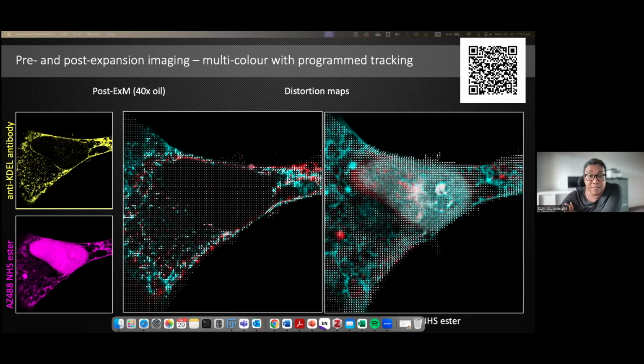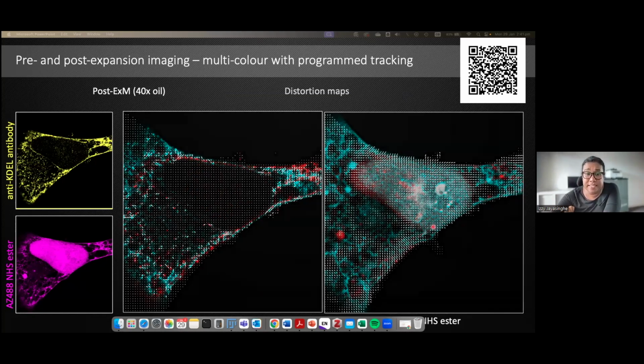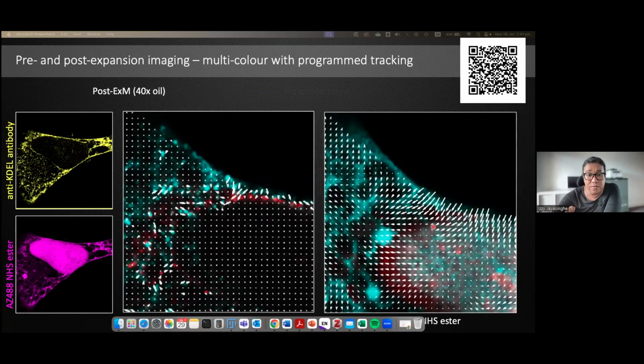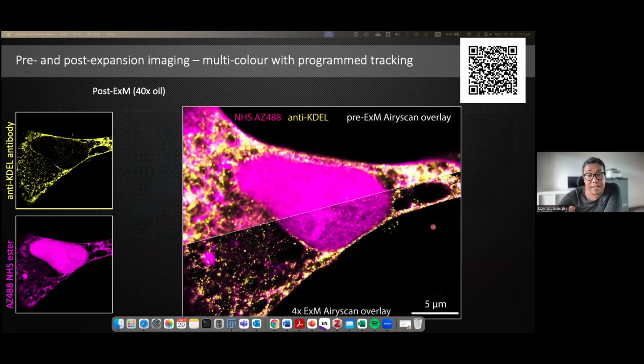And often, if there's a region where there's not a lot of information, that can be filled in by the other channel, that can help really consolidate those distortion maps. And I think that's the true value of combining multiple channels. And of course, this lends to an overlay and appreciation of the level of improvement in the